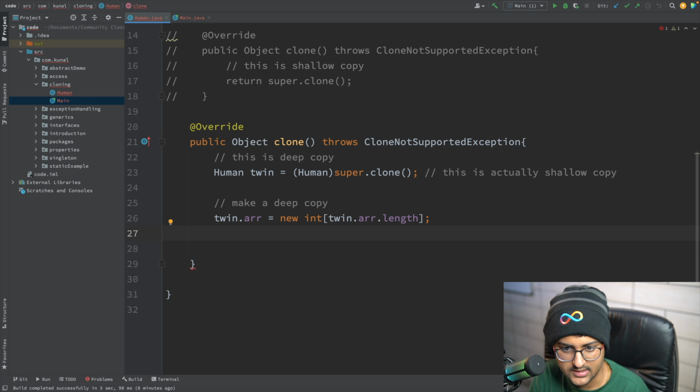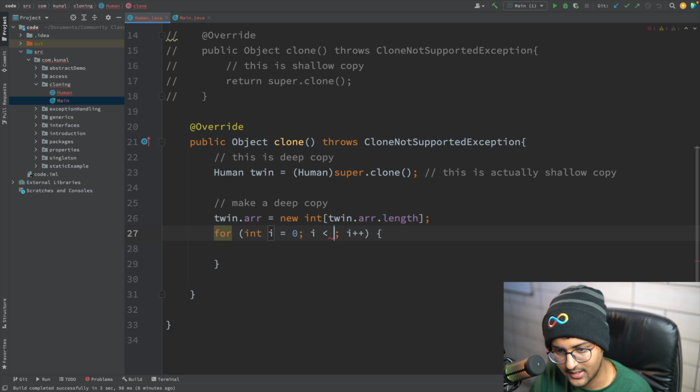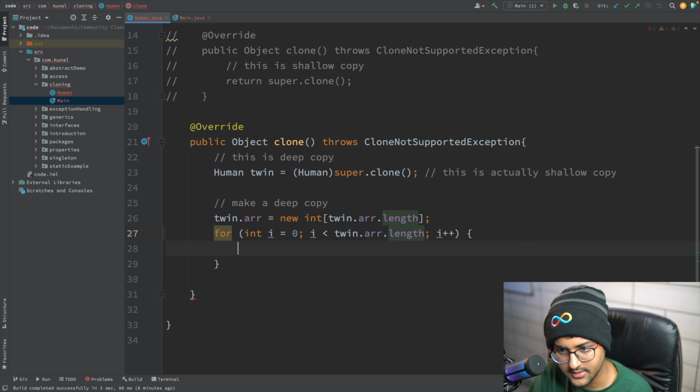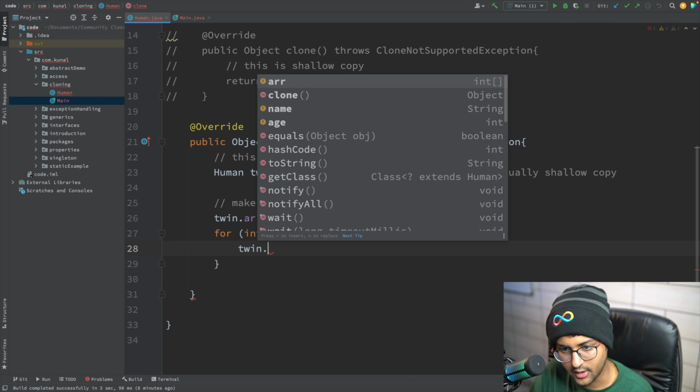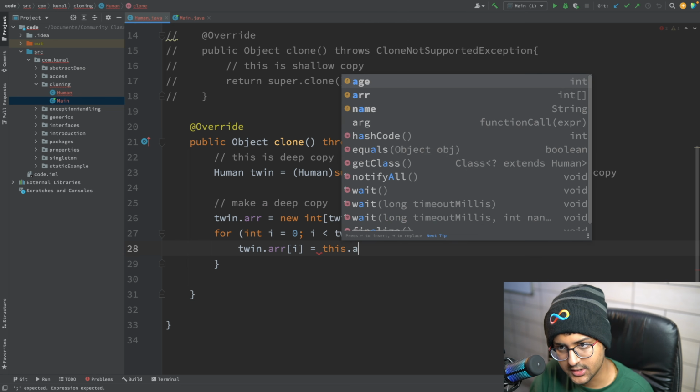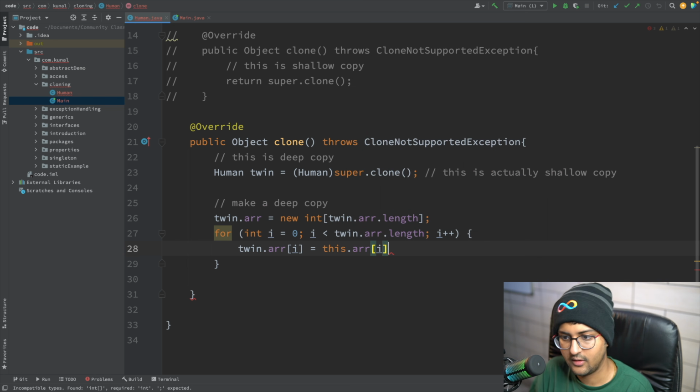So for i is equal to 0, i is less than twin dot array dot length, I can say twin dot array of i is equal to this dot array of i.